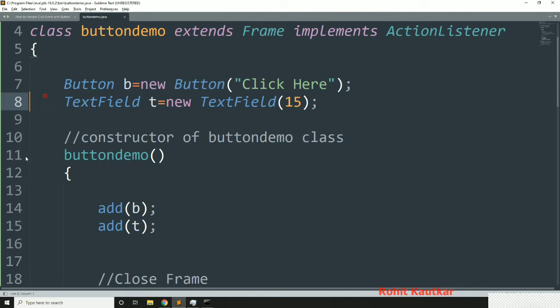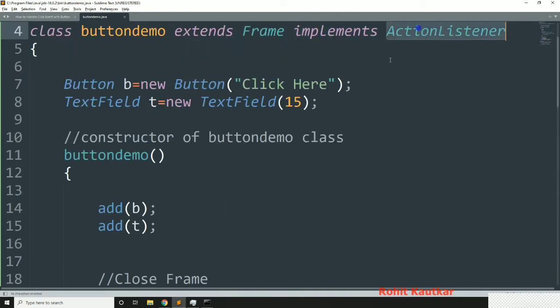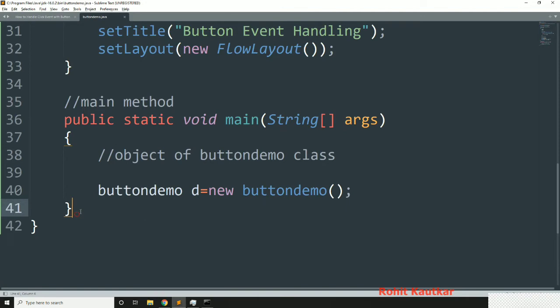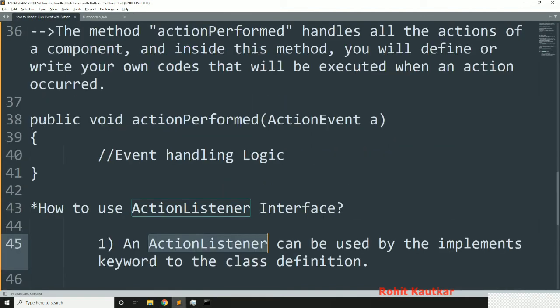Okay, we need to first of all specify the method of this interface. Okay, as we know, if you are implementing a certain interface, then all those methods we need to specify within our class, and till now I have not specified the method. Okay, so what method did we discuss? public void actionPerformed.